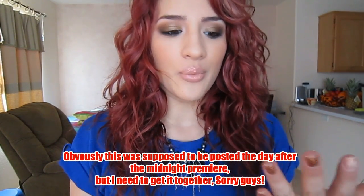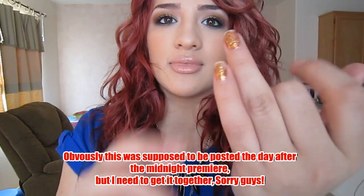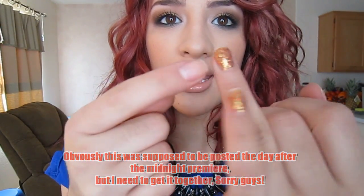And I'm wearing one of the nail polishes from the collection, and it's called Electrify. And it's the glitter polish. I didn't have time to paint the rest of my nails. So yeah, I decided to do her look from the Hunger Games red carpet, and I wanted to share it